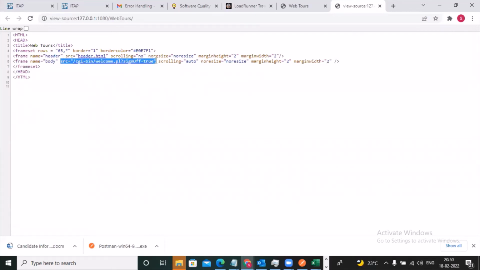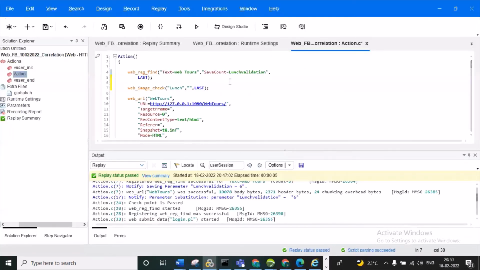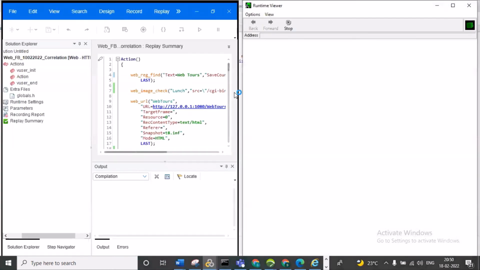You can copy and paste it in the double quotes. We know, right, everyone? So you can do it like this and execute.